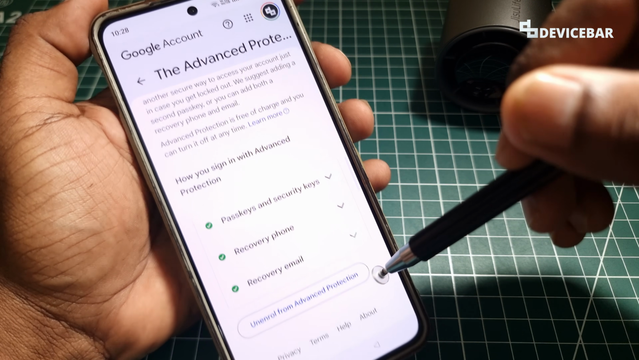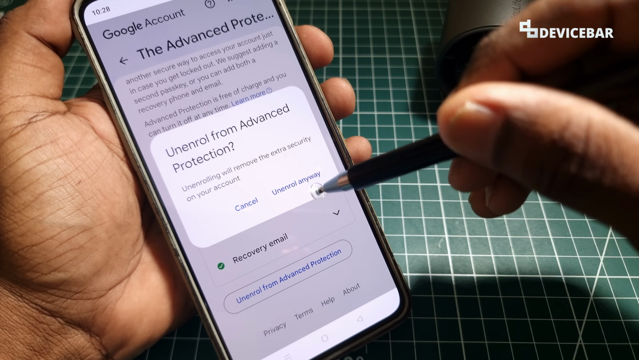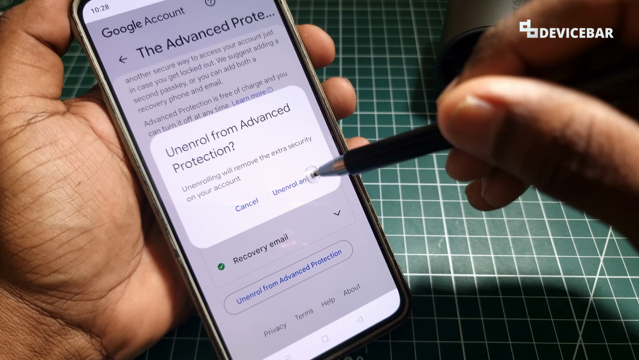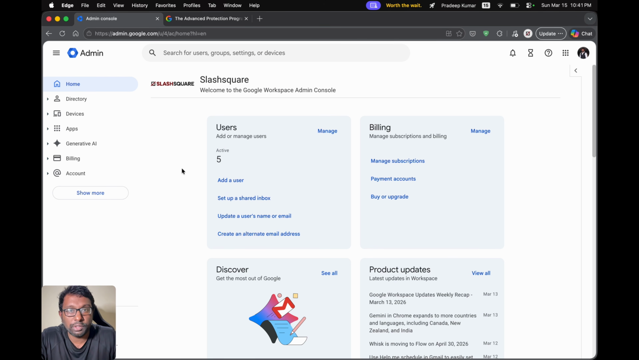We can go to the bottom and we can disable this. We will get a pop-up like this. We can select unenroll anyway. That's all. We can also do this for our Google Workspace accounts. If you are the admin or if you can contact the admin, then go to